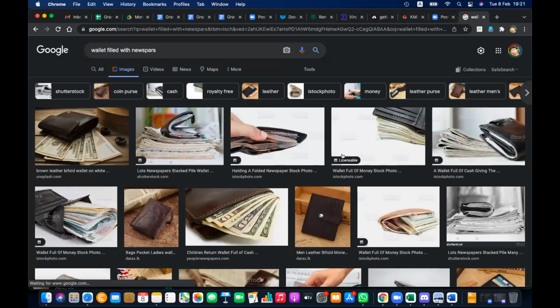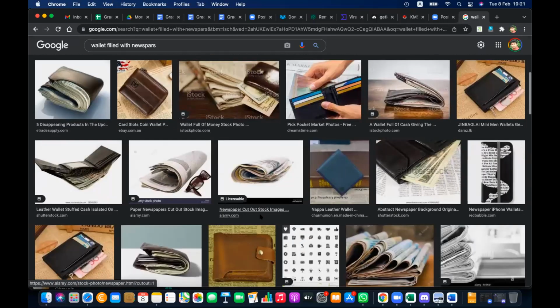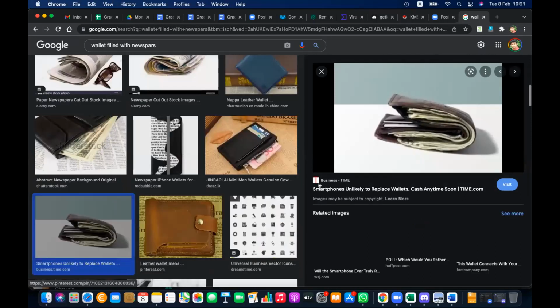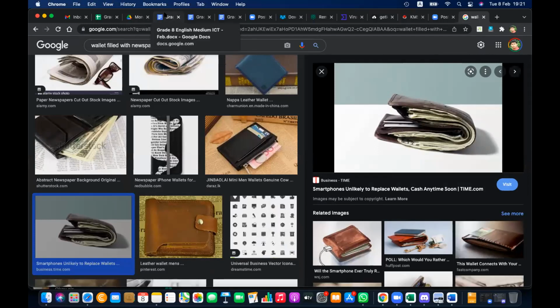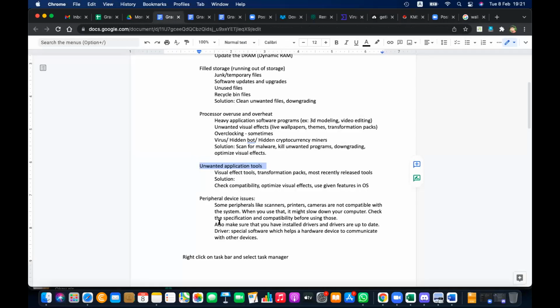You can ask your parents, maybe at that time there was such a thing. Basically the school kids used to fill the wallet with newspapers that looked like money, but were not money. Again, we were carrying unwanted weight to school. Having dollars would be better, but it was not dollars, it was only newspapers. Similar to that, when you are doing such activities, it also looks funny.